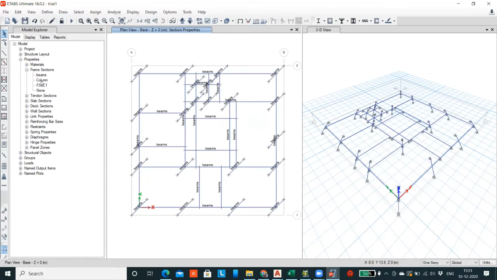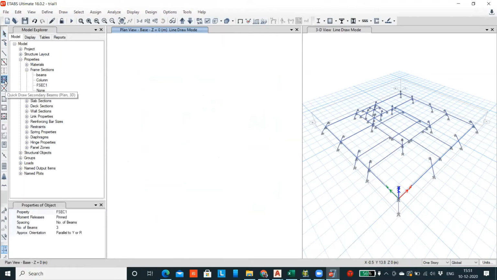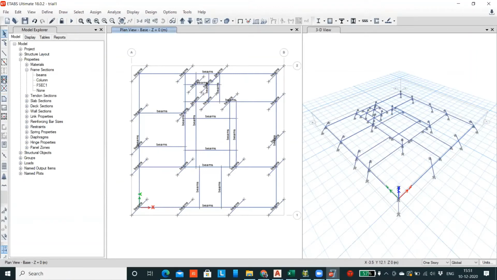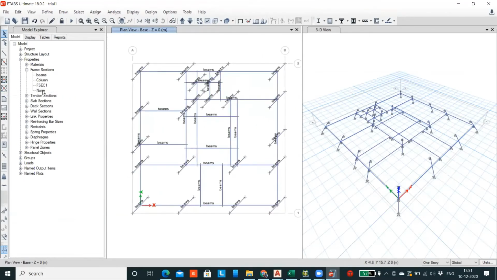So go to the columns over here on the left side and select below the properties that are given. Just select on the columns and then, actually there is no grid.